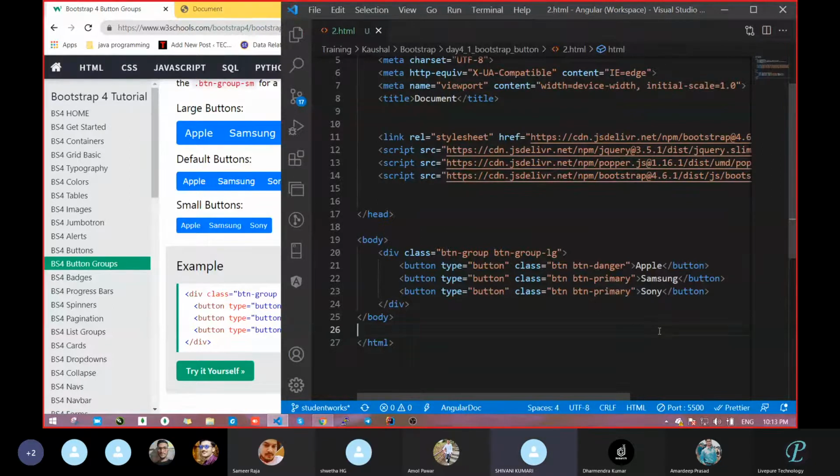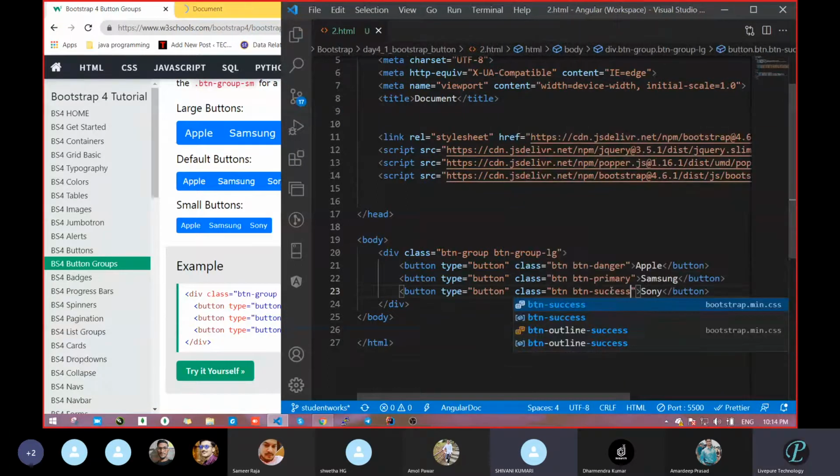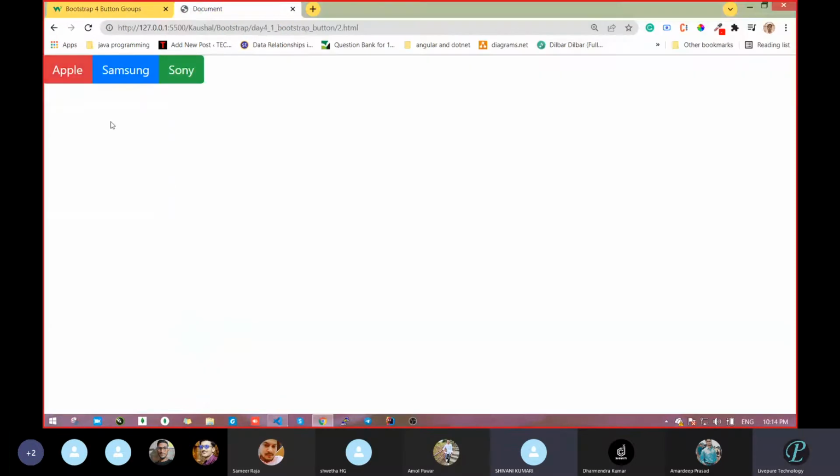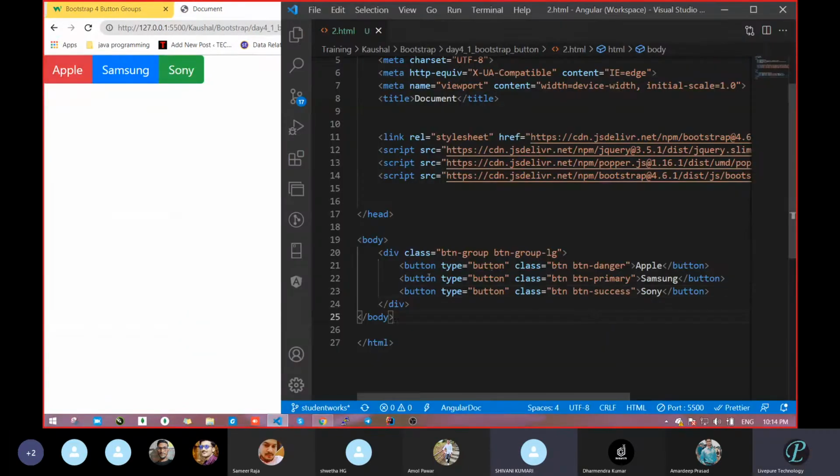Success. Remove primary and add success. Okay, now see, we got the different colors. Clear? How was it done? Who is playing the main role here in grouping the buttons together? btn-group. Let's comment this out and just see. Clear? Yes, sir.